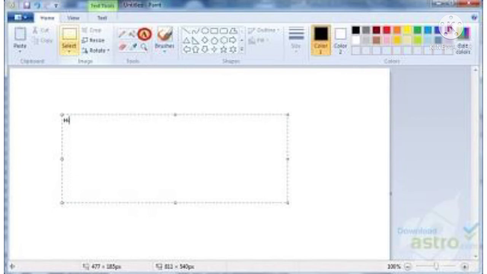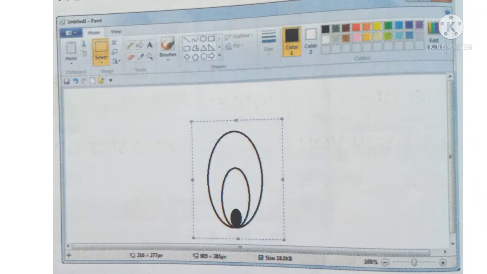Number 2, drag the mouse pointer diagonally to define the area of selection. Number 3, you will see a dotted rectangle around the selected area, called the selection box. This indicates that the area is selected, as seen in the figure.